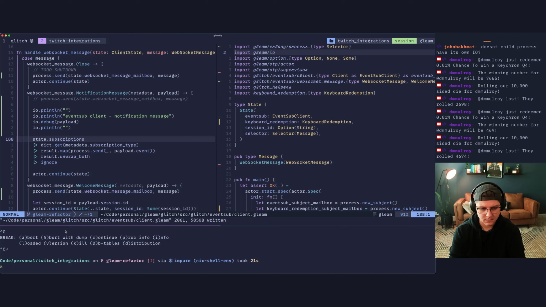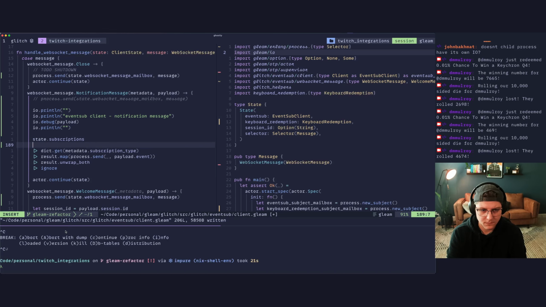So let's break this into let assert okay. This will be subject equals that. And let's just even see if this works. Okay, it didn't crash.